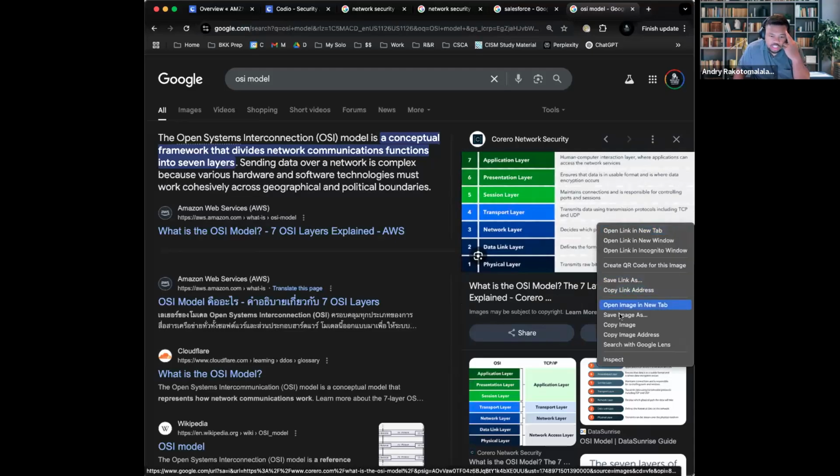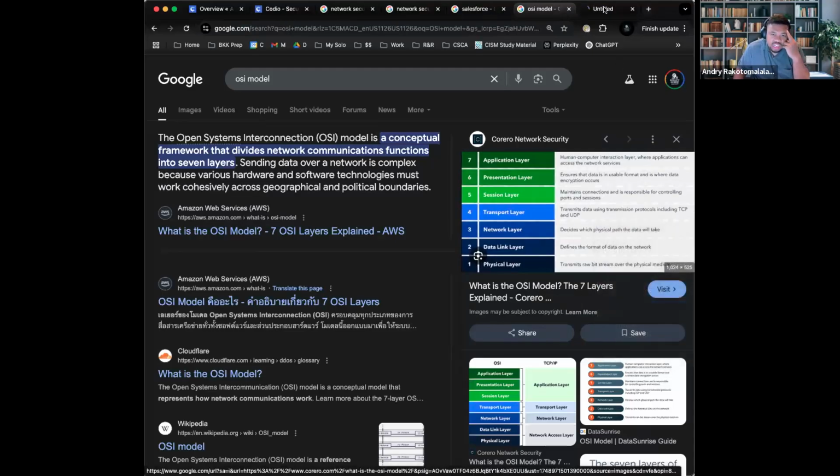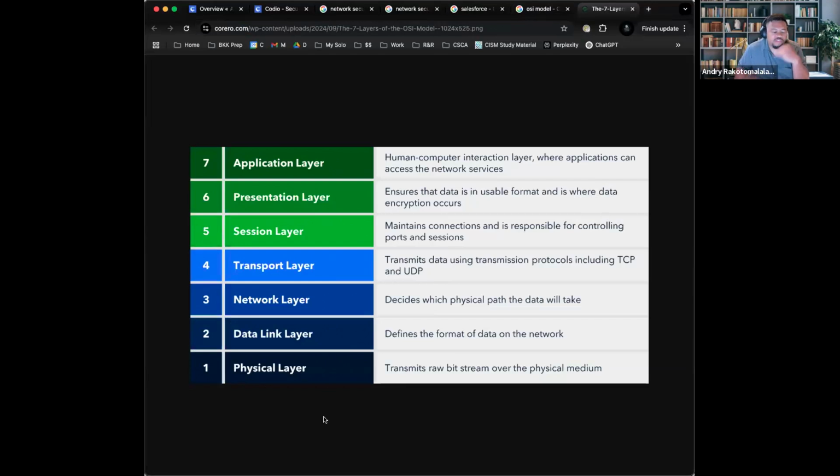Okay. What do I mean by logical concept? That means that it's not a physical layer, but it's a logical layer that is used in networking and in IT to be able to talk about the different features. So every network has 7 layers. If you haven't been paying attention to the lecture so far, this is what you need to pay attention to. You will have to memorize this for your Sec Plus exam. Okay. So I highly suggest that you take notes on this. You're aware of it. Okay.